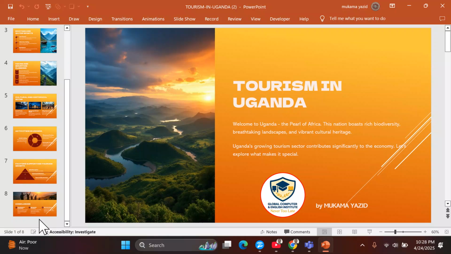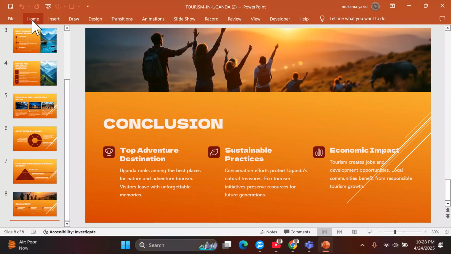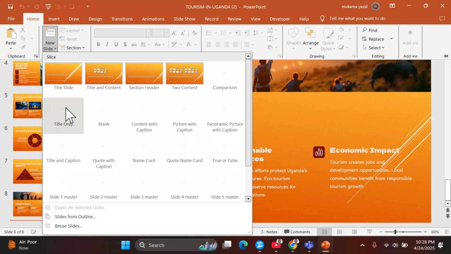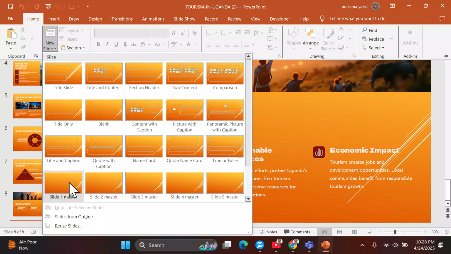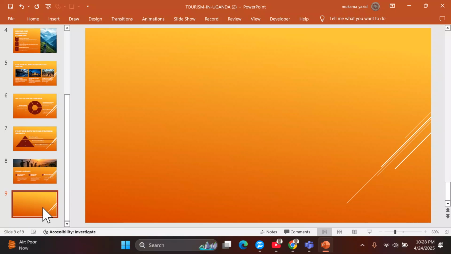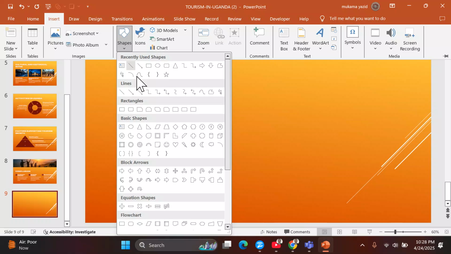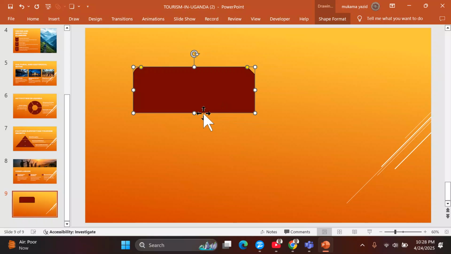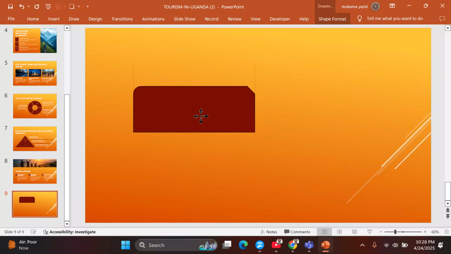Let me create a blank slide here and I show this knowledge. I would like to create a blank slide. I'll use this one. Then I will insert a shape. Maybe I'll choose this one. I'll draw a shape and explain this point. With animation, ekola ku text, ku shape, picture, whatever content eri ku slide kono, you can